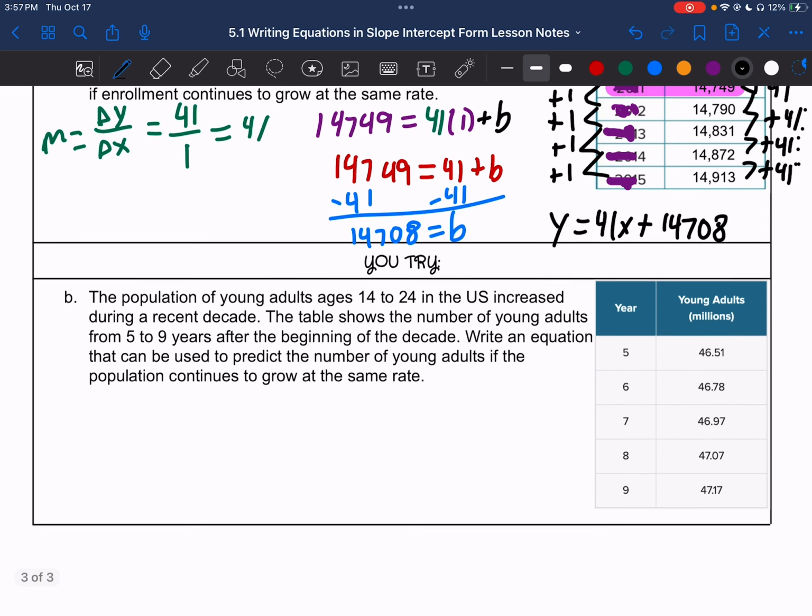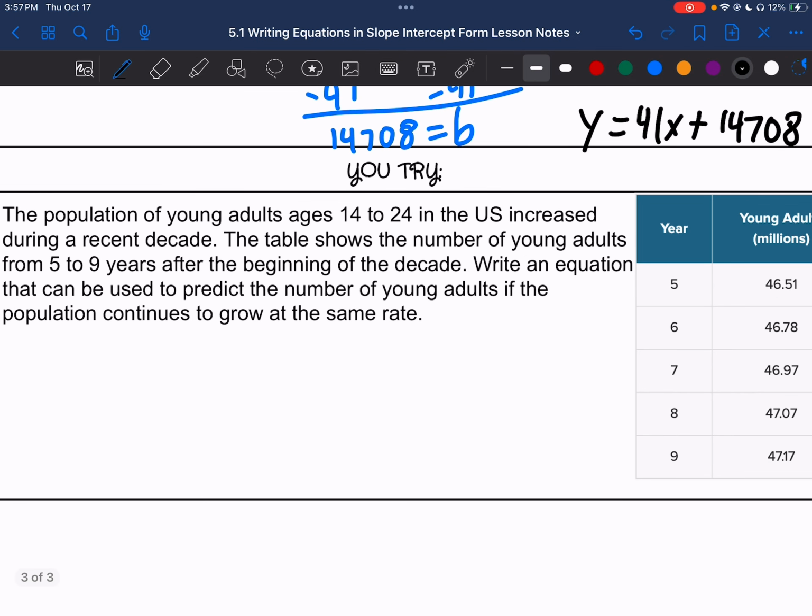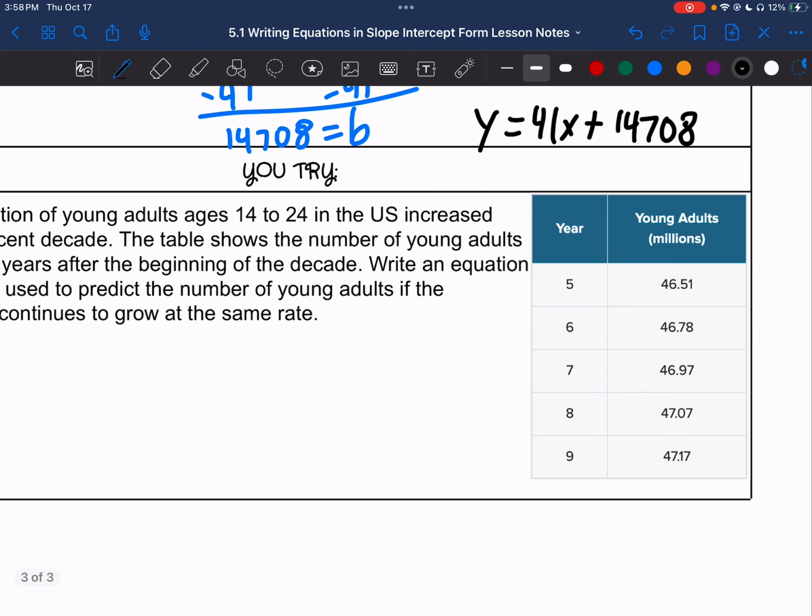All right, you're going to do letter B on your own as a you try, and then check your work against mine. We have the population of young adults aged 14 to 24 in the United States increasing during a recent decade. The table shows the number of young adults from 5 to 9 years after the beginning of the decade. Write an equation that can be used to predict the number of young adults if the population continues to grow at the same rate. So just like the last one, we can look at our table here and find our rate of change. We're adding 1 every time for our x value, and for our y value, we are adding